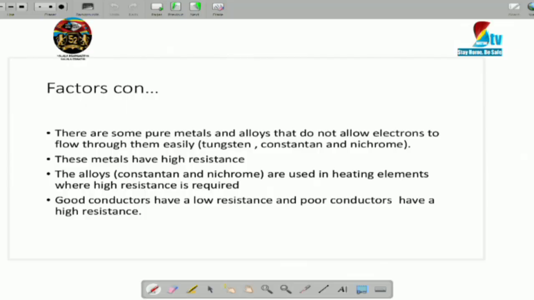There are some pure metals. Okay, maybe there's too much information here. Let's just skip this one and go through